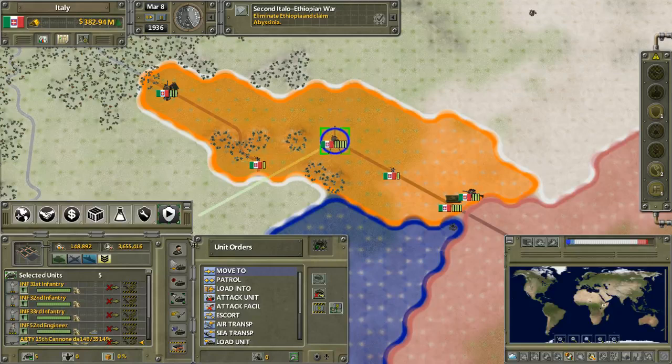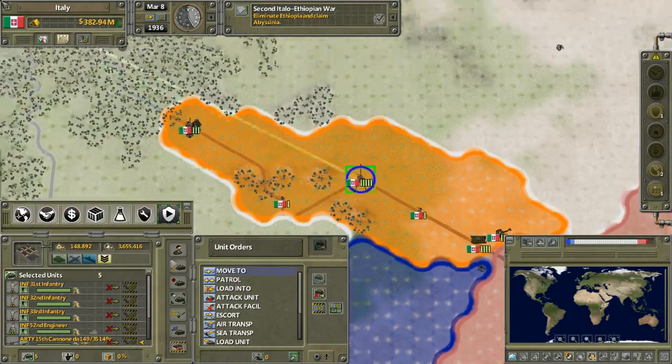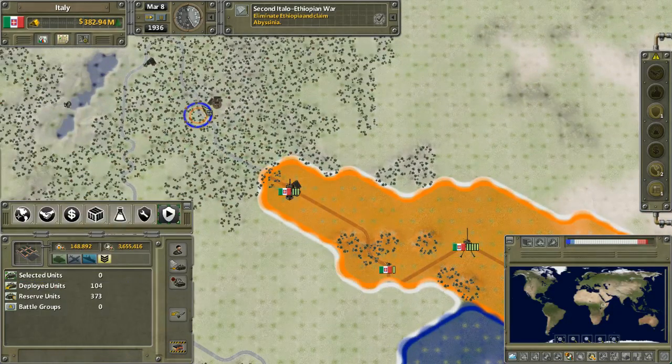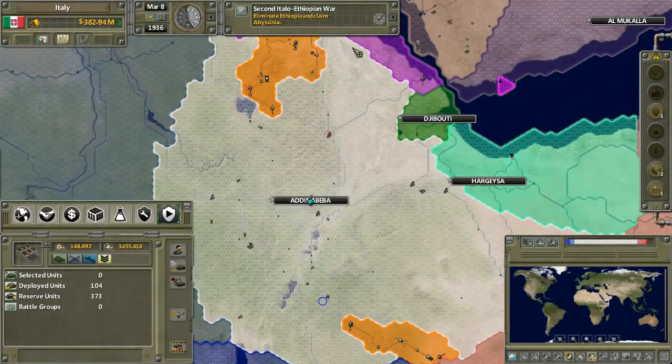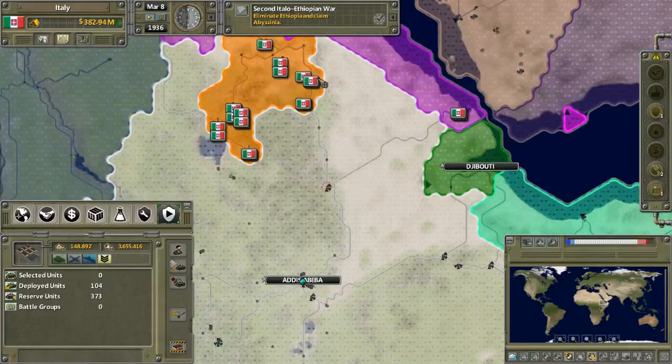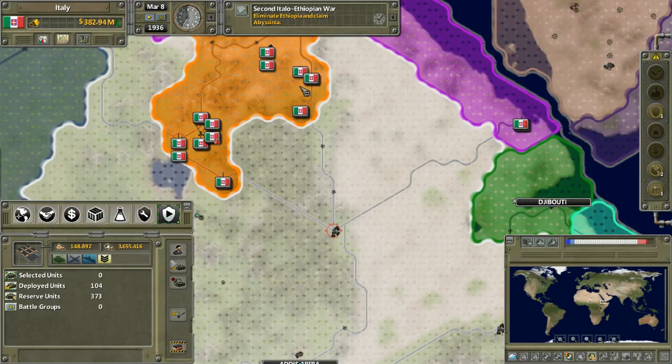I just don't want to be moving any isolated units all exposed on their own, because Ethiopia is quite a tough nut to crack. It was historically. This is actually the second Italian-Ethiopian war, or second war between Italy and Abyssinia. We're going to speed things up just a little bit to normal now. But yes, this is actually the second conflict between these two countries. It's currently 1936 in game, but historically, Italy actually fought a conflict against Ethiopia in 1895 to 1896, in which